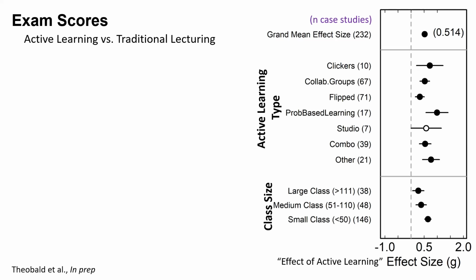We did not admit ones that, it had to be basically by class. The treatment had to be administered by section, not by unit. Does that make sense? So it couldn't be super active learning for 2 weeks and then super passive learning for the second 2 weeks. It needs to be the whole class. Most often it was active learning by quarter, right? So like active learning 1 quarter, passive learning the next quarter. Occasionally by year, just how a lot of university course scheduling works.